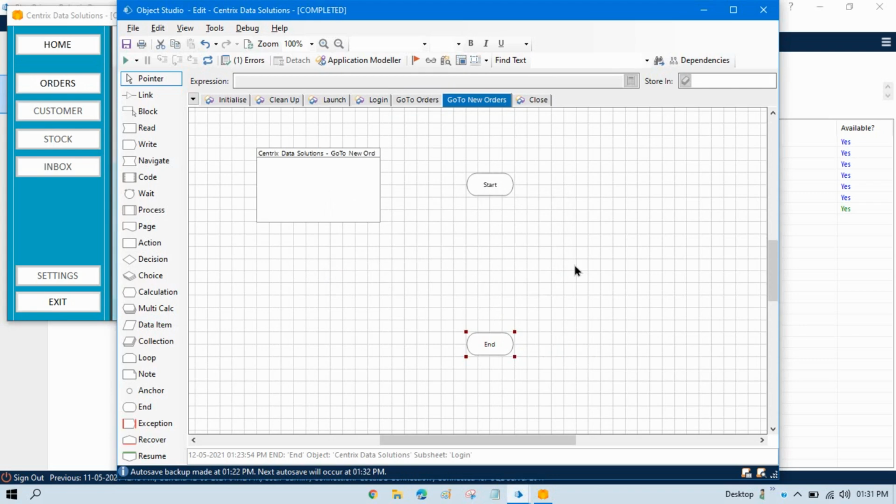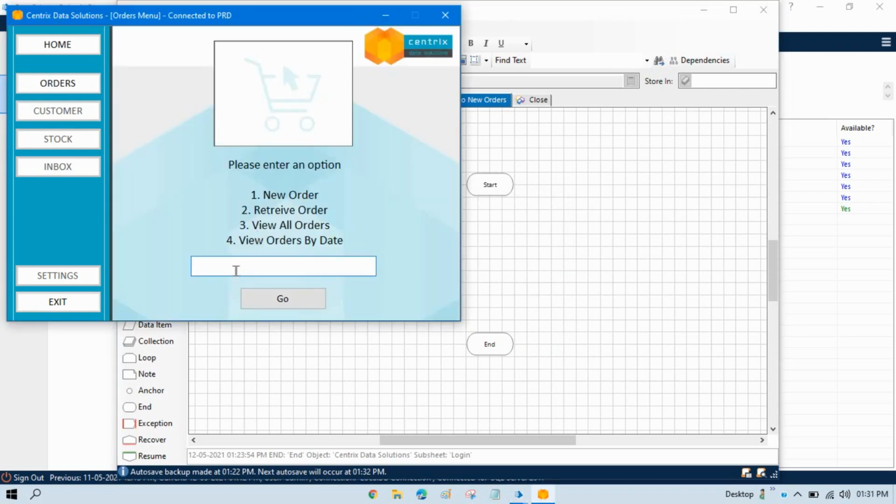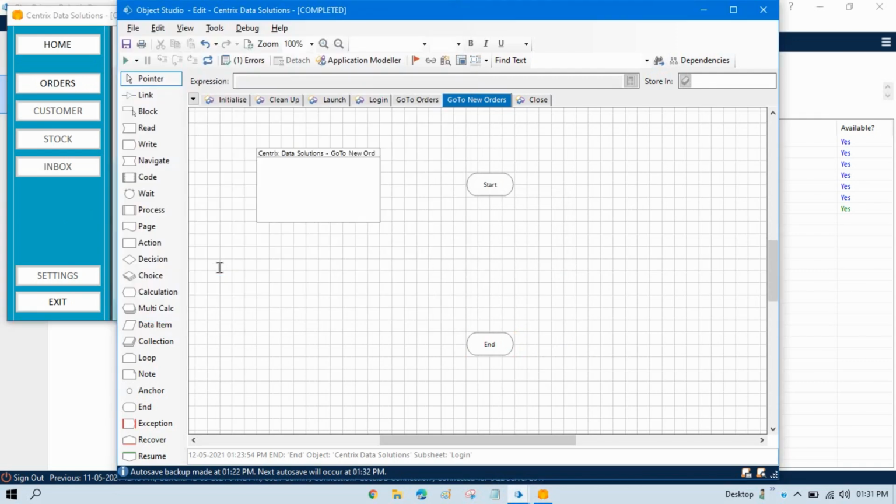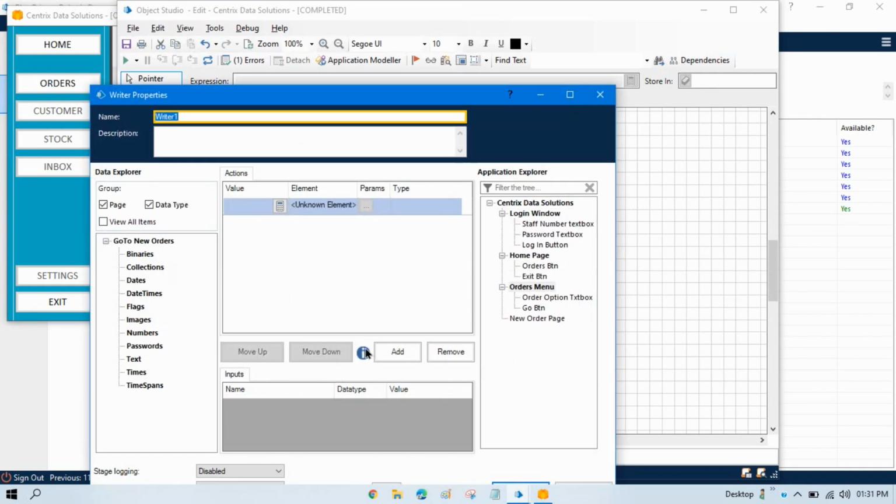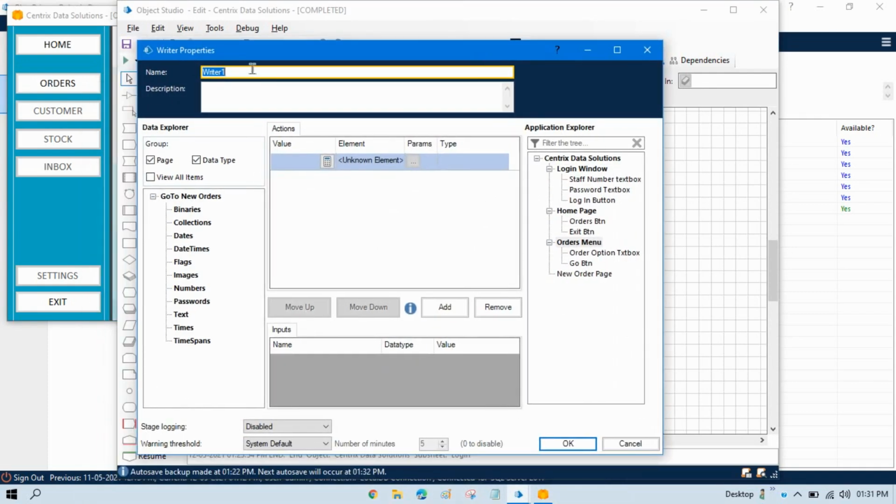Now here what we need to do, we need to type here 1. So to type 1 in this text box, we have to take a right stage, double click on that, and then put here type 1 in, or you can write type into option box. Now here from right side we have to take that order option text box, and then in this value we need to type by default value, that is 1. Press OK,